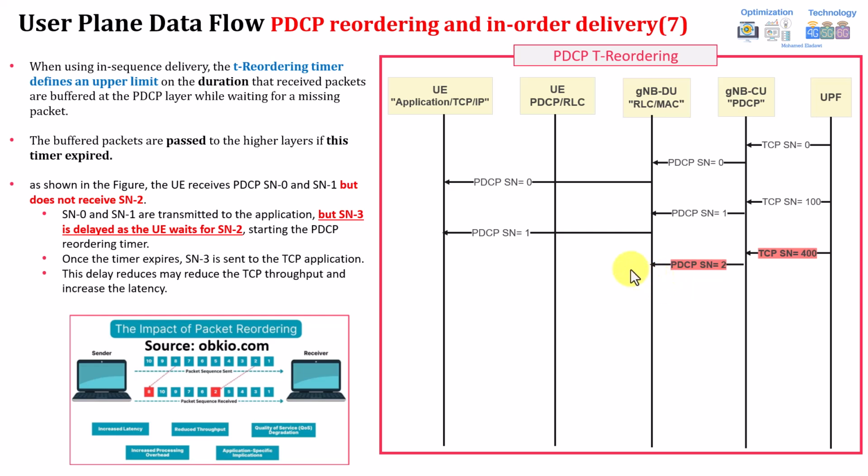This packet is being lost actually. If you move here, this packet I consider is dropped. So it's being lost. Then packet number 4 here is being transmitted, which is sequence number 3, and also transmitted till the UE RLC layer. So here what will happen: it will not be forwarded to the application from the UE PDCP layer until this timer expires.